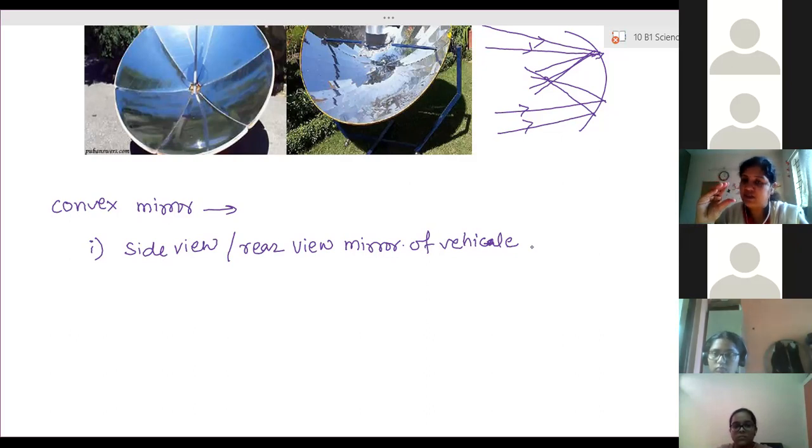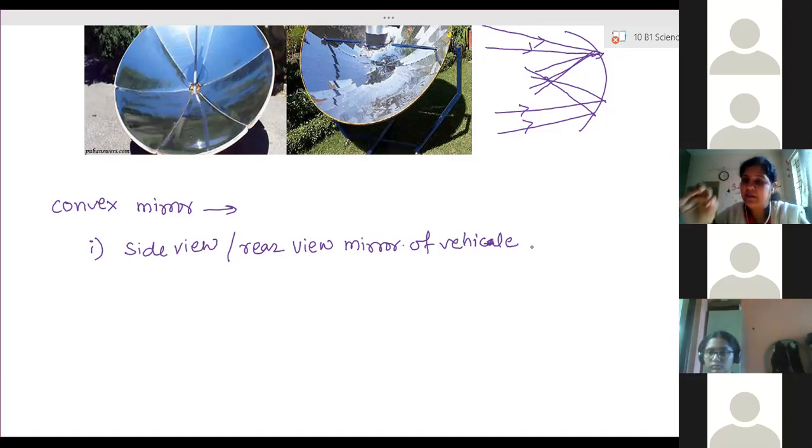Now, as well, it always forms a diminished image. Due to the diminished image, larger vehicles can also be seen. If a person is moving on a bike, the mirror is only a few centimeters in diameter. But still, in that smallest mirror, the full length image of a bus or a truck is accommodated. So the driver will be able to see the full length image of all the bigger vehicles because of the diminished size